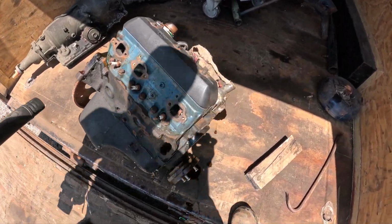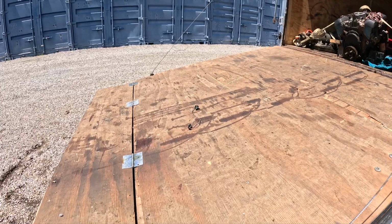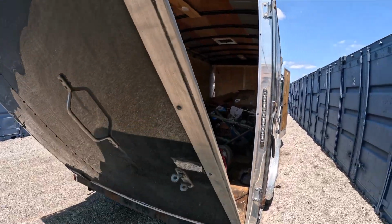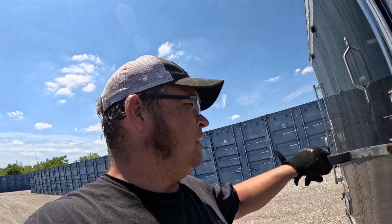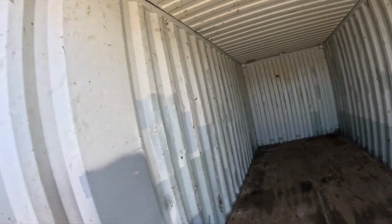And done. And yeah, it's leaking oil, so I gotta do something about that. Great. And done. No big surprises. I think the feeling I'm getting from this unit was